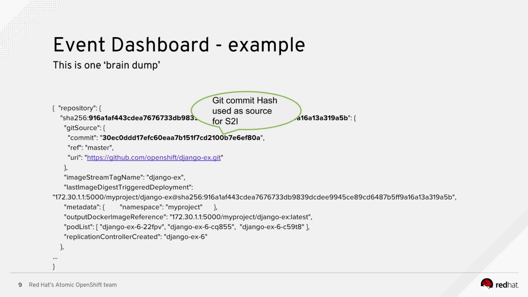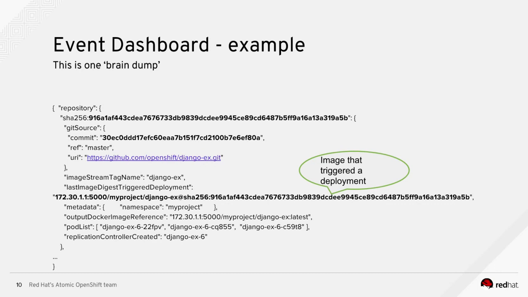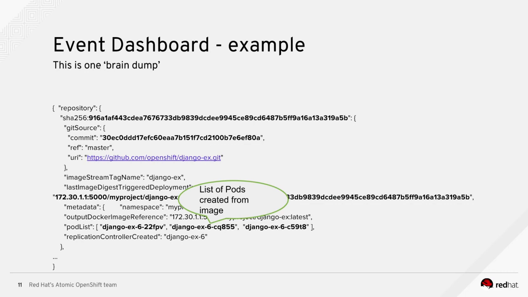This is the git commit hash. Whenever source code changes are checked into Git, the hash changes, and this one is triggering a new build in OpenShift. Again, the digest of the image that has been created by the build, it's triggering a new deployment, and out of this deployment, a number of pods will be created, and these pods are again recorded in our brain, in our repository. So these are the things that carry or run the source code which is identified by the git